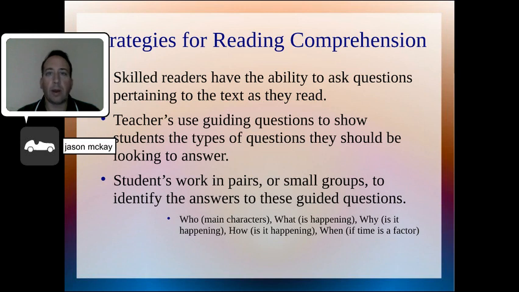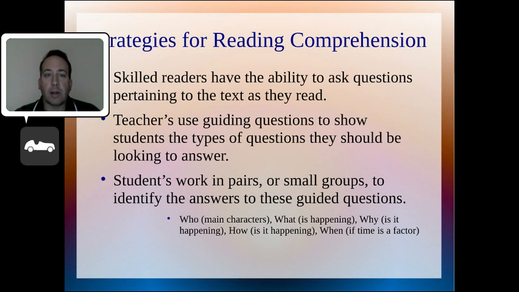Students who struggle with reading comprehension also have the tendency to miss the main ideas of the text that they are reading for their assignment. So we try to develop what we refer to as strategic readers. Some of the strategies that we use in order to strengthen our students in reading comprehension is to allow them to understand what they're reading, why they're reading it, and have the ability to become skilled.